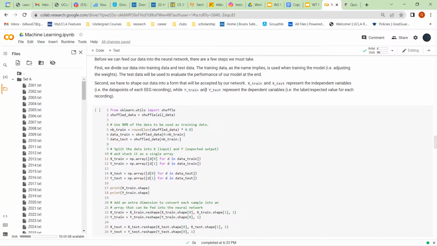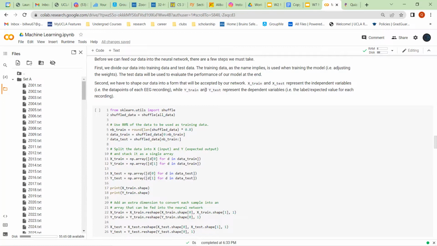Training data is what you pass through your network in order to optimize its parameters, and you use the training and validation data sets to optimize your model to the best of its abilities.